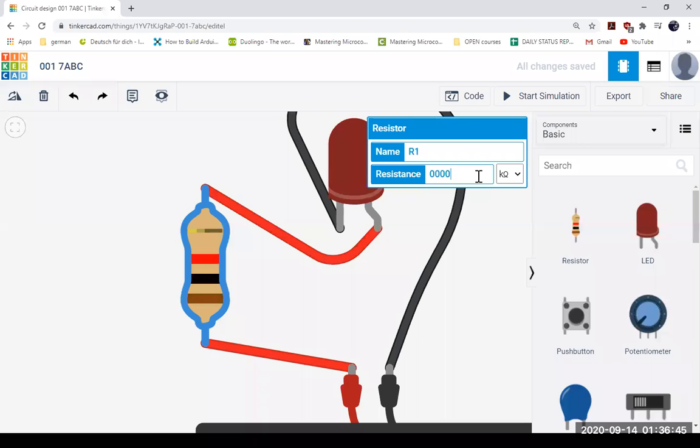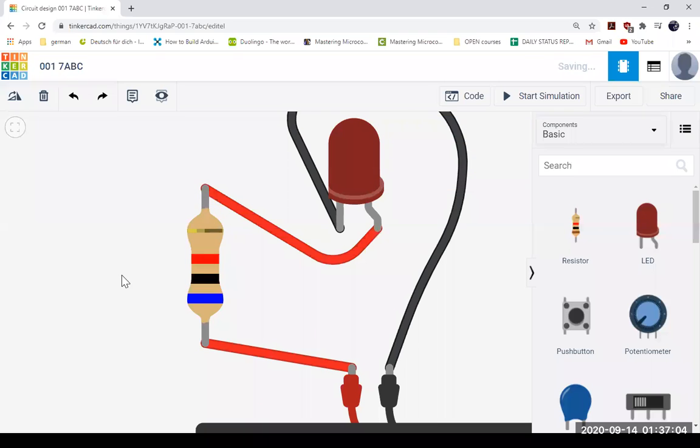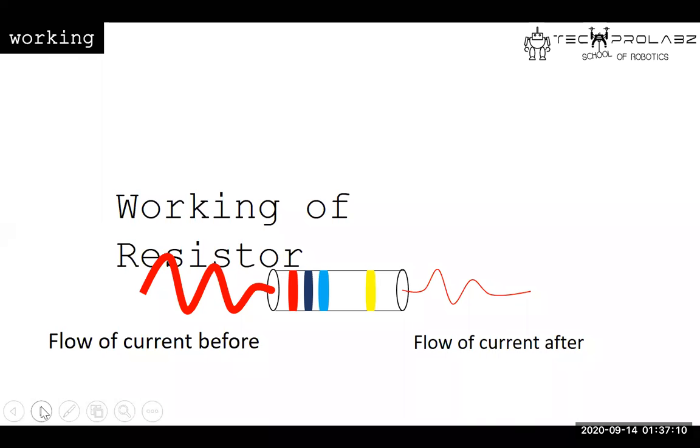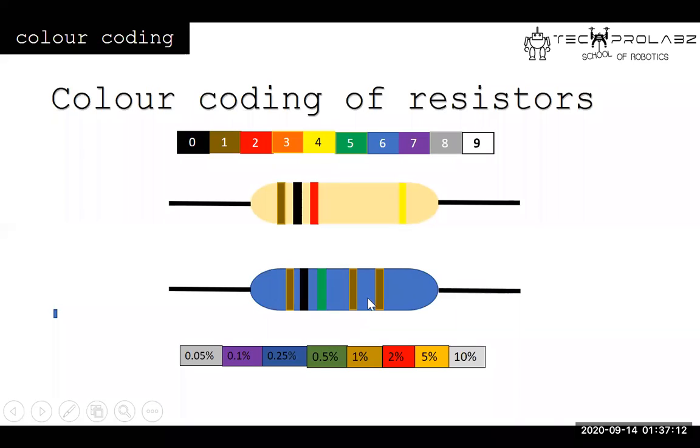So actually when you want to buy a resistor, the shopkeeper looks at the color code and then gives it to you. You can have a look at the color code also, but it is not required for you to memorize it.